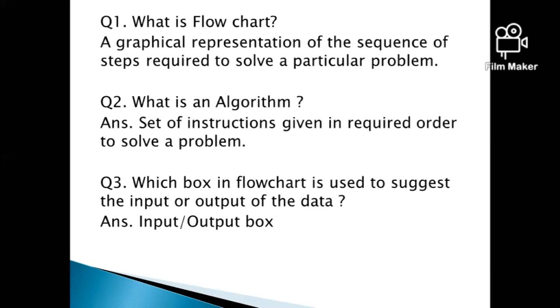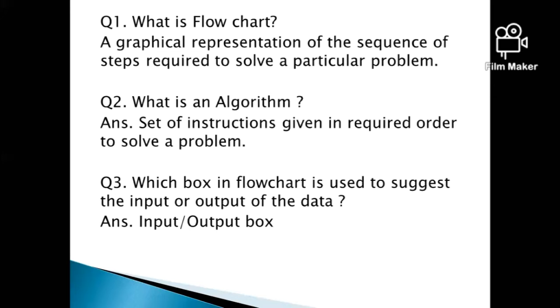As I told you, flowchart is a graphical representation of the sequence of steps required to solve a particular problem. Here, let me tell you one thing, that flowchart is a graphical representation and algorithm is a textual representation, because in flowchart we use shapes or boxes to draw a flowchart or to solve a problem, and in algorithm we have to write all the steps to solve any problem.